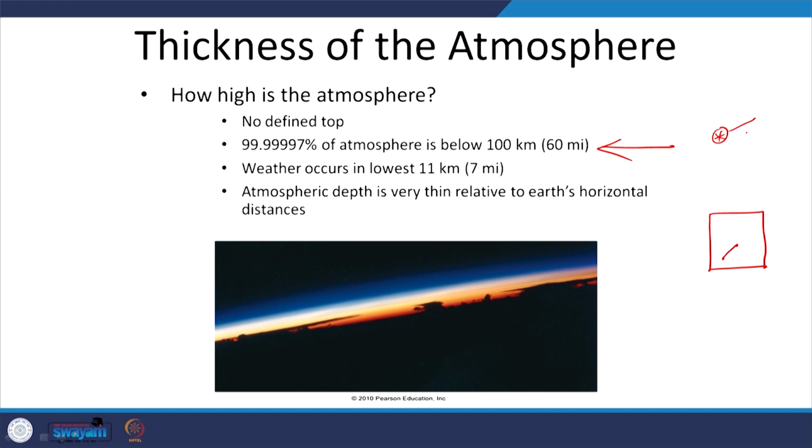All the weather that we see today, day to day, all the weather effects, everything that we experience in our day to day lives happens below the 10 kilometers envelope. I mean, 10 kilometers is nearly the place, or 11 kilometers like what I have written here. 10 kilometers is the height up to which all the weather happens.